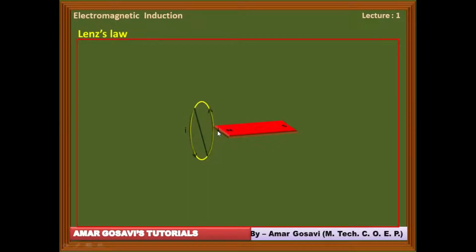north pole towards it. So in simple words, the motion of this bar magnet is generating this current I, but this current I is generating a magnetic field which is opposing this motion. So the direction of this induced current is such that it will oppose its own cause. This is what Lenz's law says. Okay, let's have a look at it.